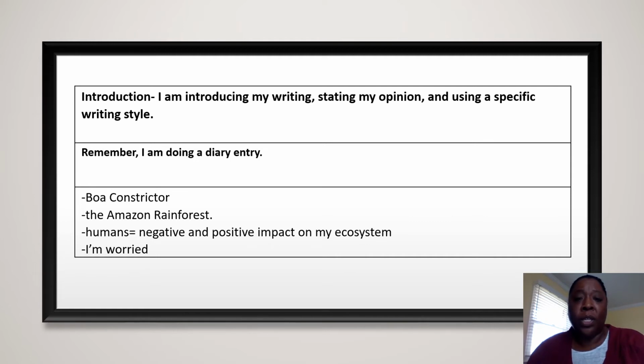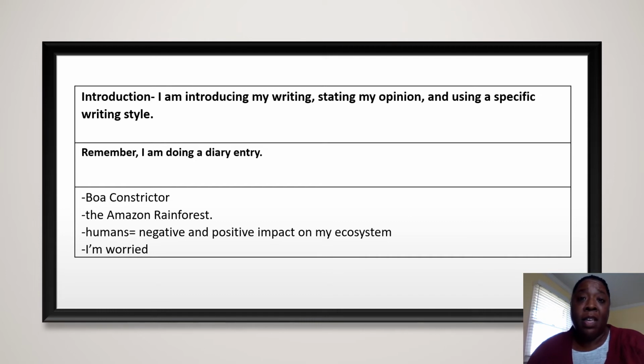What do I need to include in my introduction? Well, I need to be an animal. Oh, I'm going to be a boa constrictor. And what's my ecosystem? The Amazon rainforest. I really enjoyed that book, The Kapok Tree, so I think I'm going to use that as my setting. Well, what I do know, and this is my opinion, humans have a negative and positive impact on my